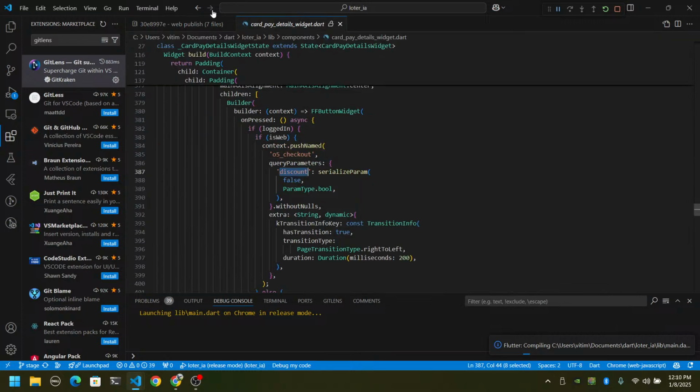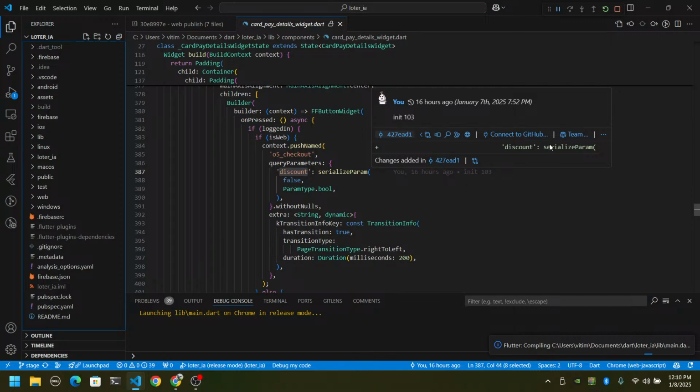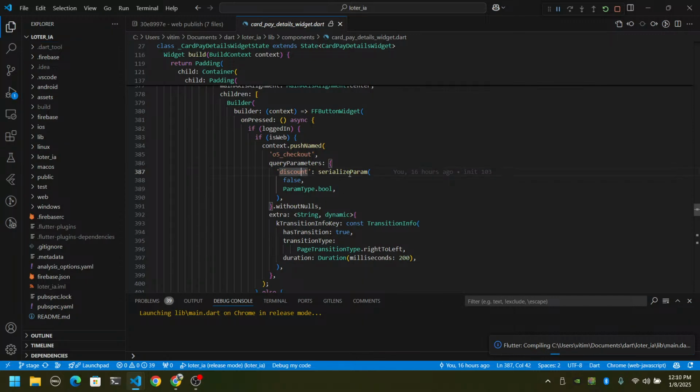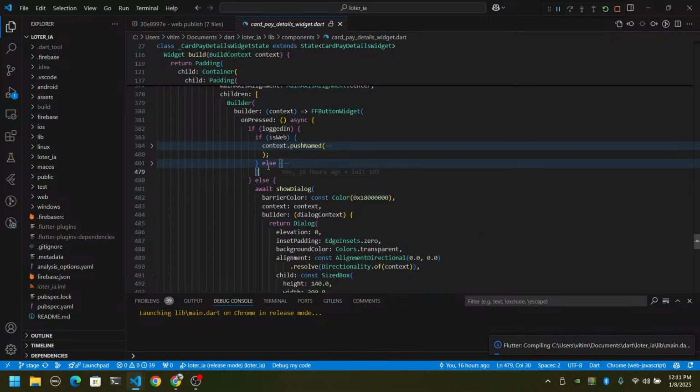Yeah, 16 hours ago I changed it because, for example, it's checking if it's the web version, and if not, it's the mobile version. So we can split the code easily like that, and create a full logic in files